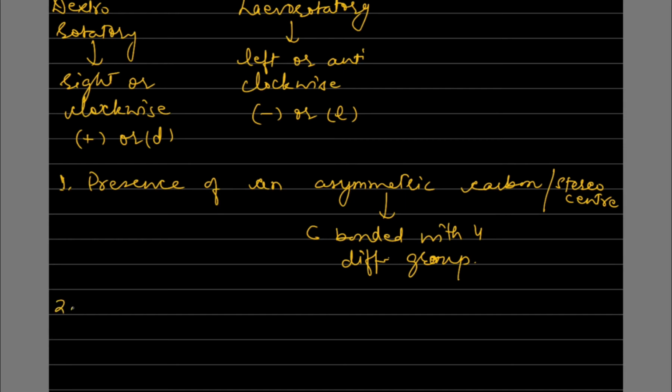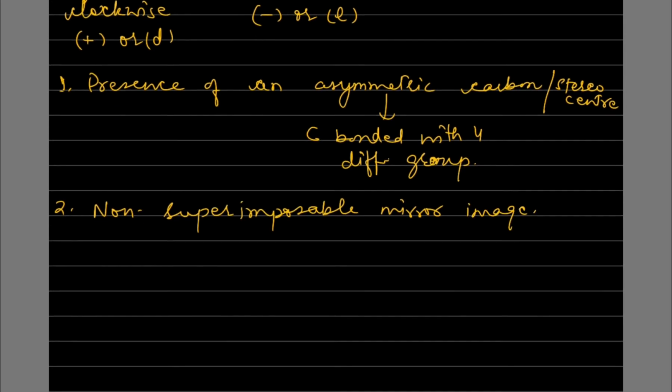The second condition is that the compound should have a non-superimposable mirror image. What does it mean? The compound should have a mirror image which, after rotating by 180 degrees, should not be superimposed on the original compound. Say I have a compound like this: C, here is P, here is Q,